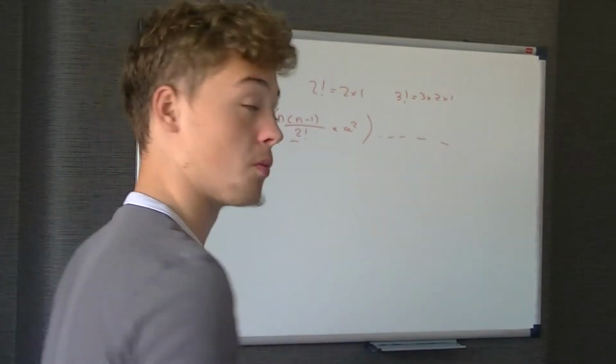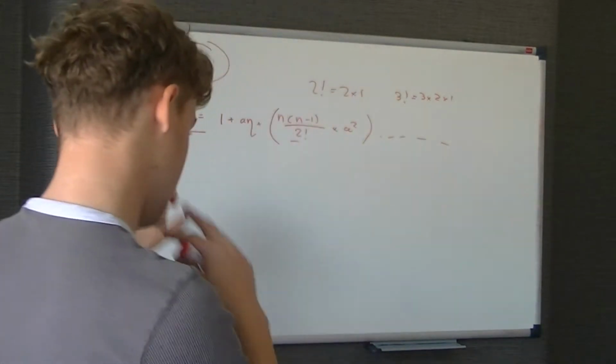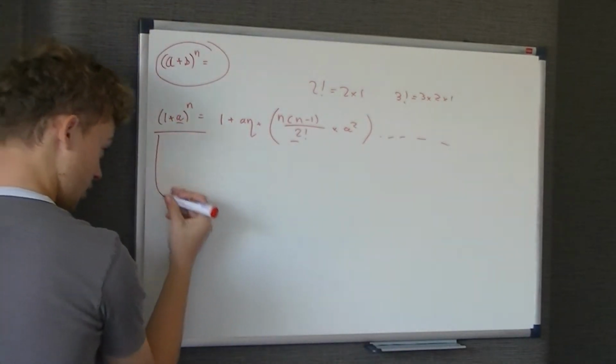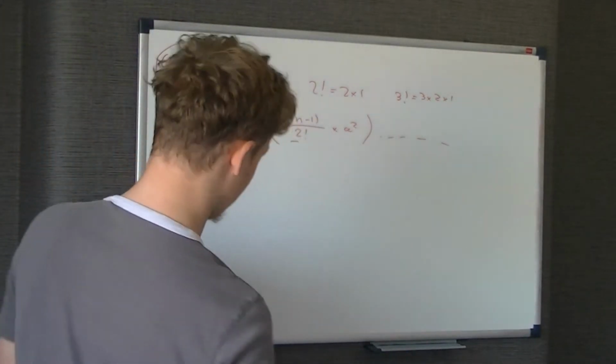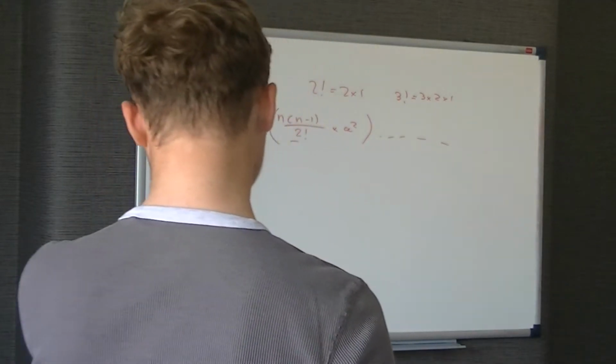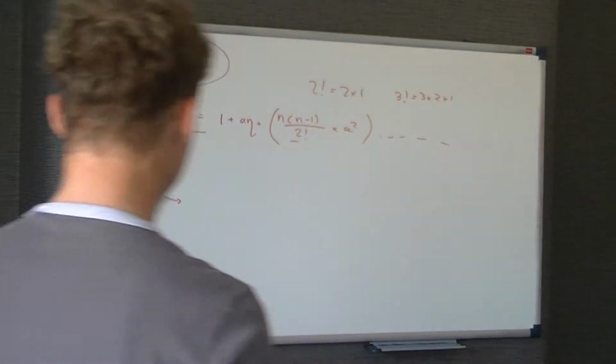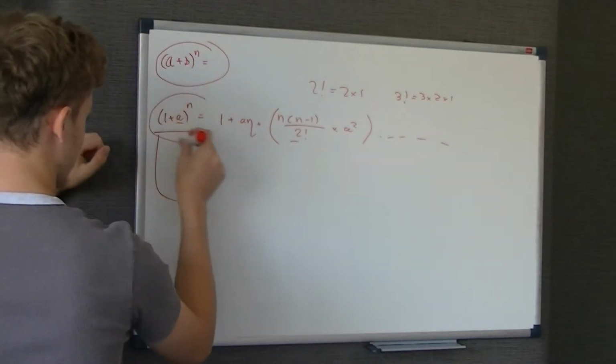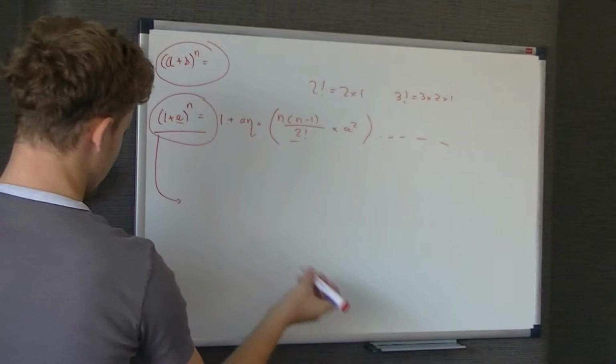And it obviously gets to a point where it becomes 0, so obviously you stop there, but generally you do it to however it asks you to. Just before we get on to some of the C4 stuff, just a recap. I don't know if I've covered it in my C2 videos, but I can't be bothered checking. So basically, this is generally the form you want to see in C4,